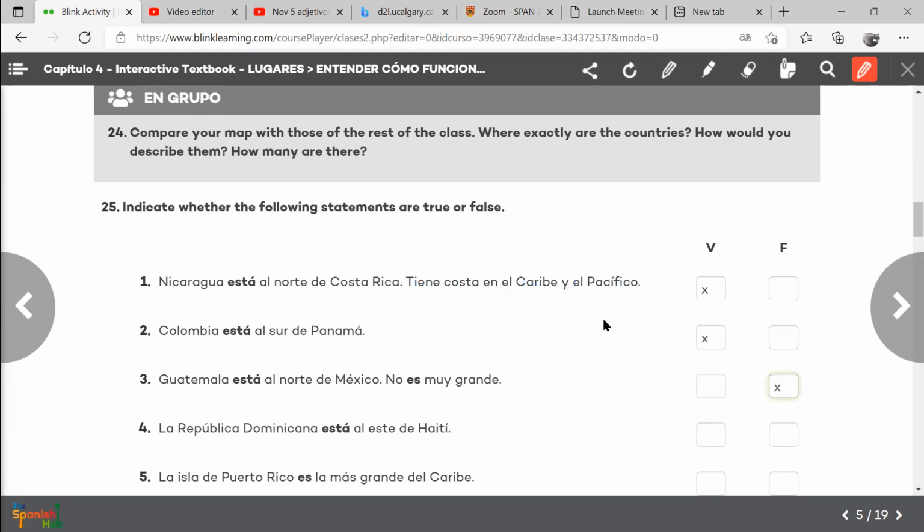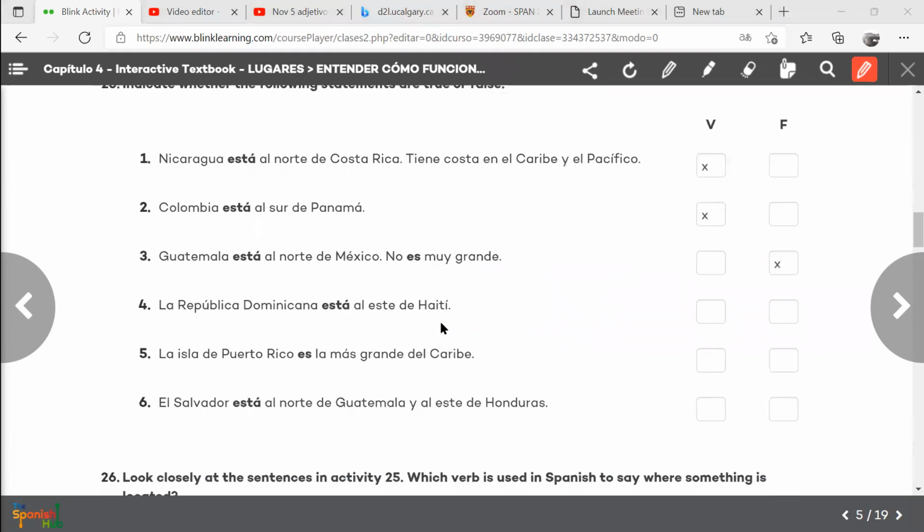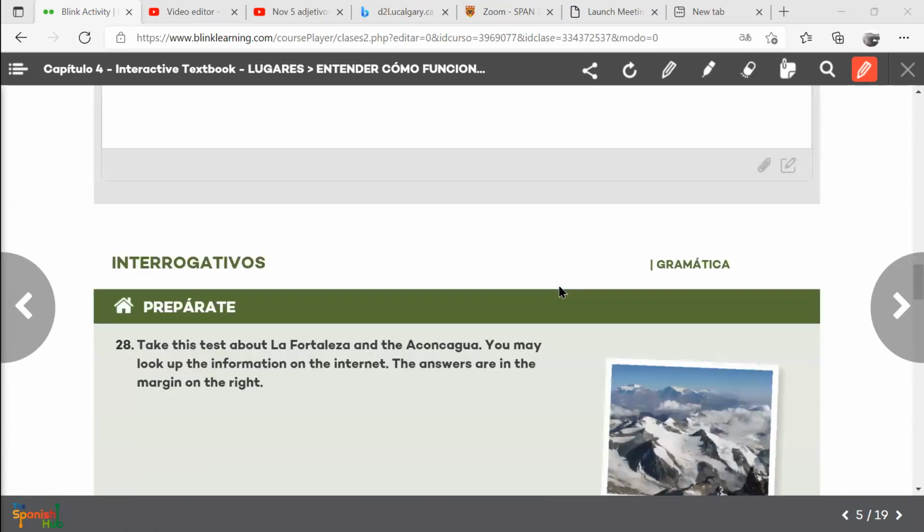So I invite you to finish this activity so you can practice your geography too and your ways of saying north, south, west, and east. Okay, so